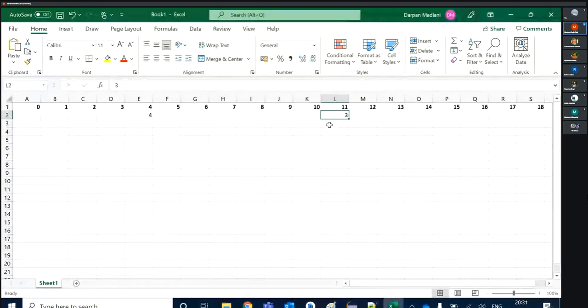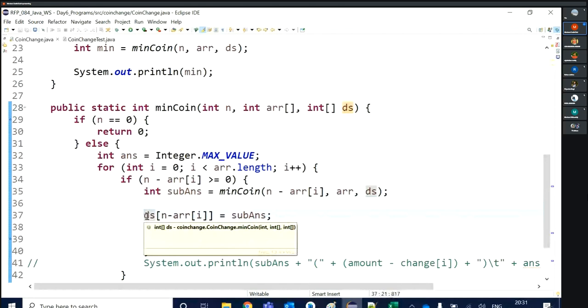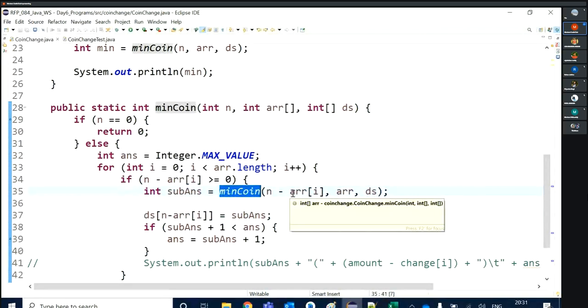Let's say here the answer is already there, this 3. Now I want to use this answer. I do not need to calculate this minimum coin again and again. If I already have the answer for the 11, I don't need to calculate it.